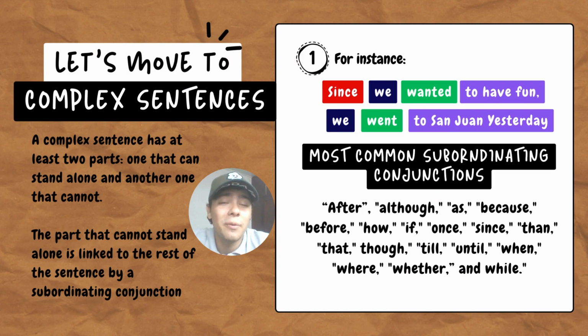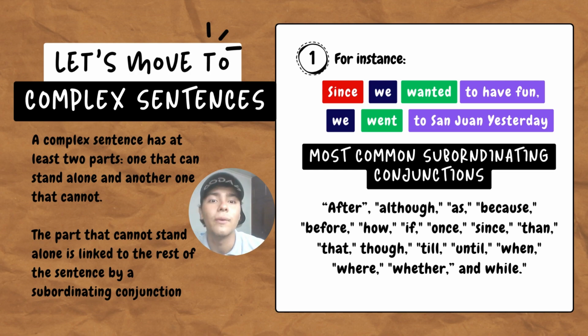Let's continue with our class, but now we're going to discover complex sentences. A complex sentence is one that has at least two parts: one that can stand alone and another part that cannot. This part that cannot stand alone is most of the time connected to the sentence by a subordinating conjunction or